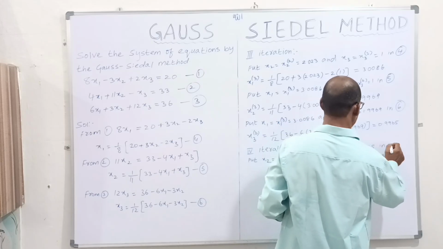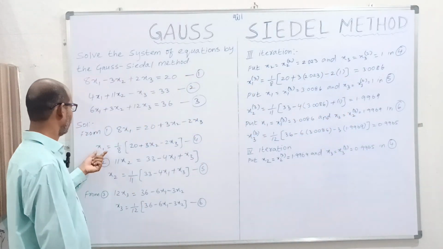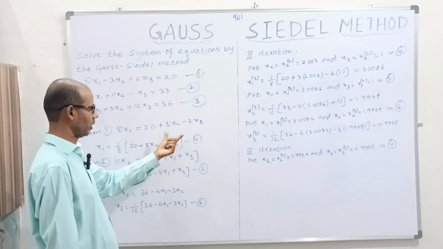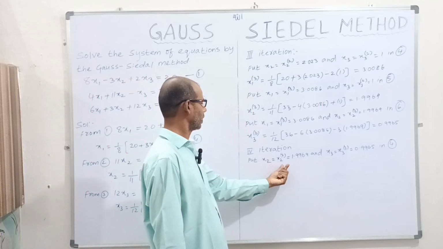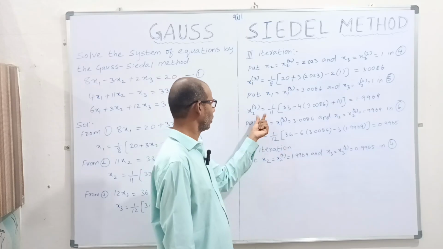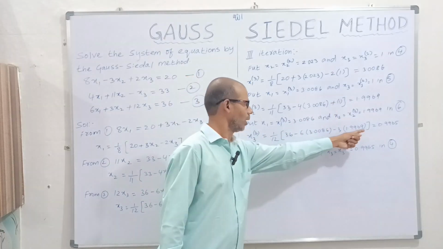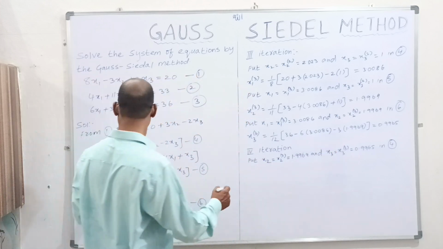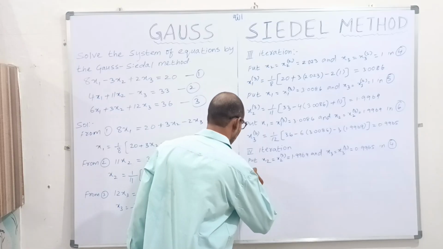So in equation number 4, to find x1, we have to substitute the values of x2 and x3 which have been obtained from the previous iteration, that is from the third iteration. So x2 from the third iteration is 1.9969 and x3 is 0.9965. So you have to put that in equation number 4. Therefore we will get the x1 value